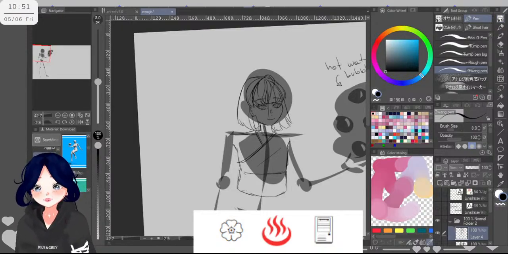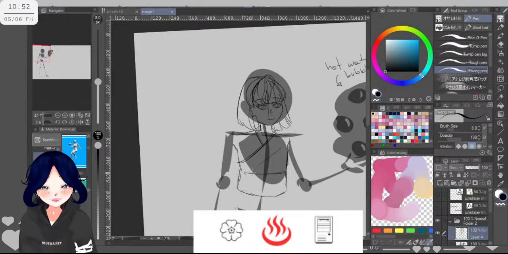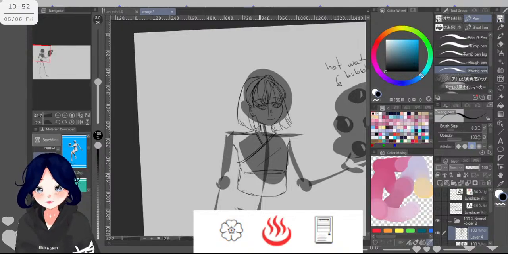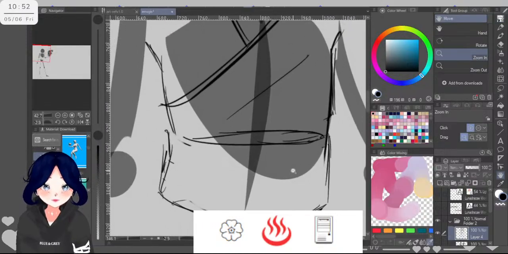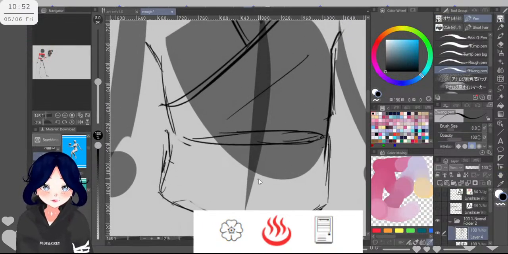Okay. I think this is more complicated than what I expected it to be. There's this piece of clothing here, and this one here we could maybe make it flower shaped, because there's another one here.